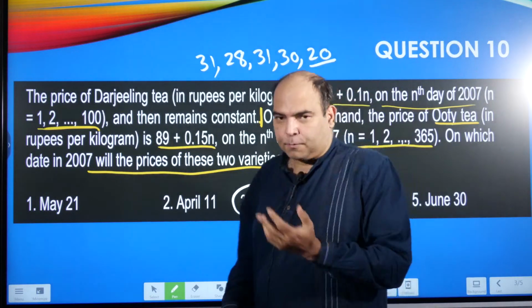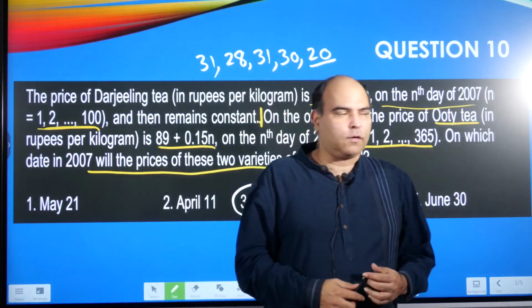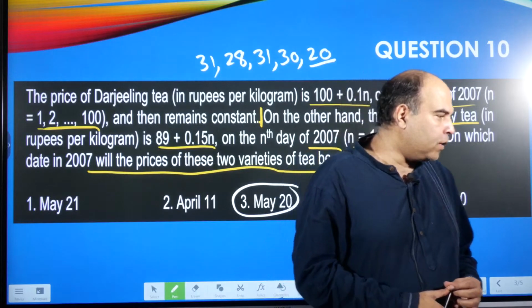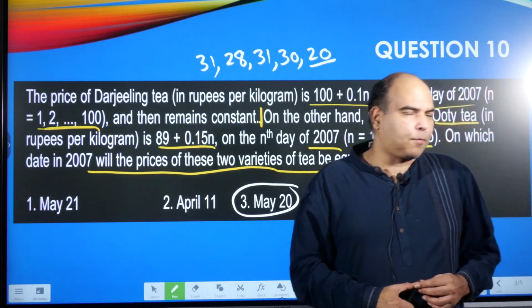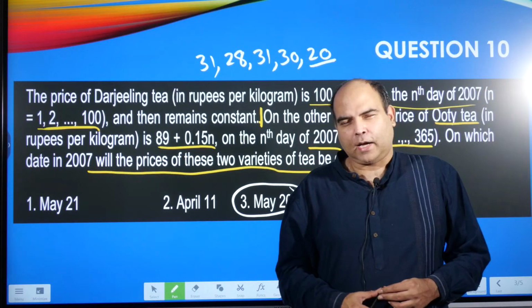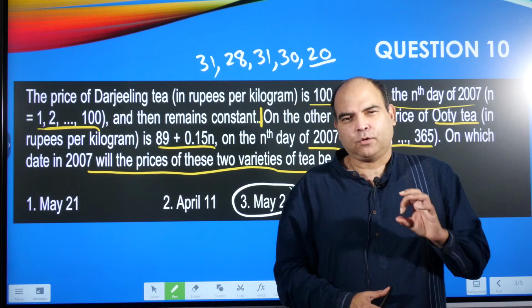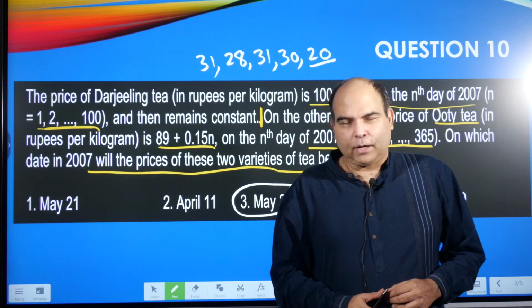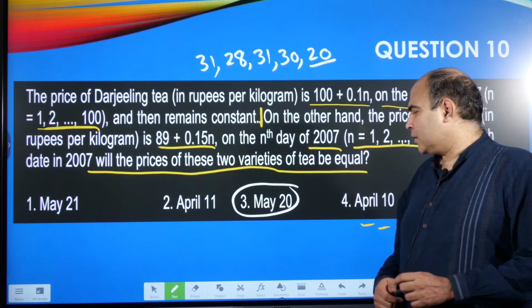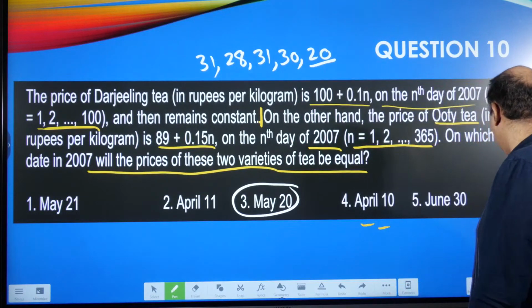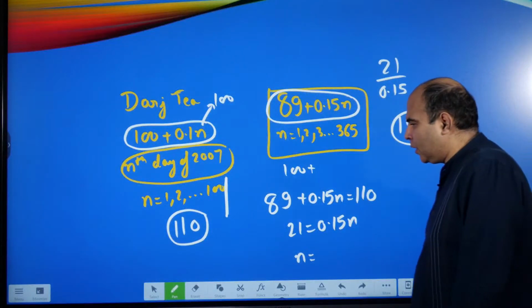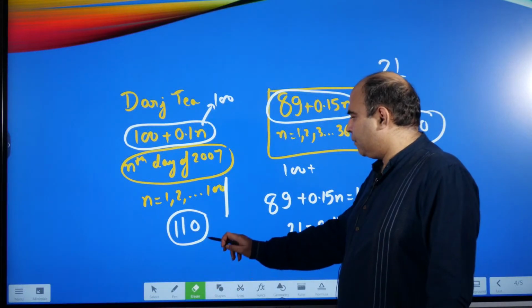But I think this process, and most people solve this question using this process only, is too complicated for something so simple. Why do I say something so simple? Because there's something which is very obvious in this question, which you tend to miss before you start solving it like this. And what is obvious in this question